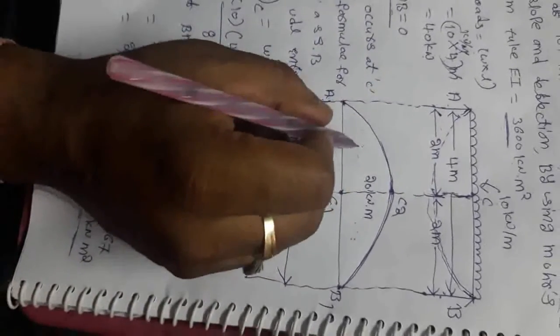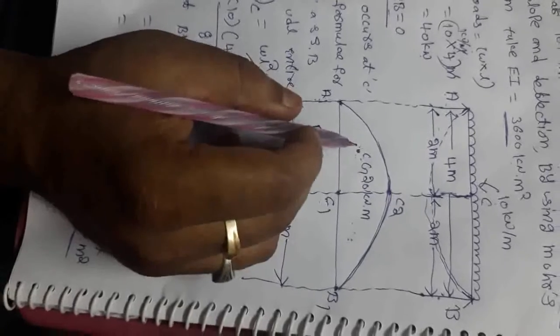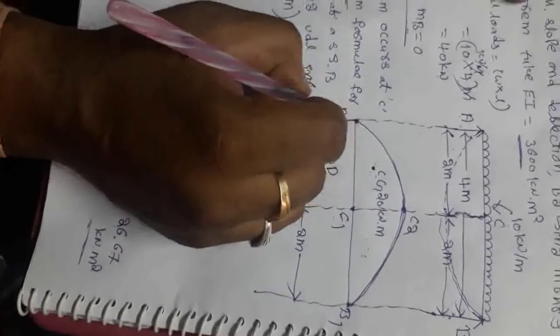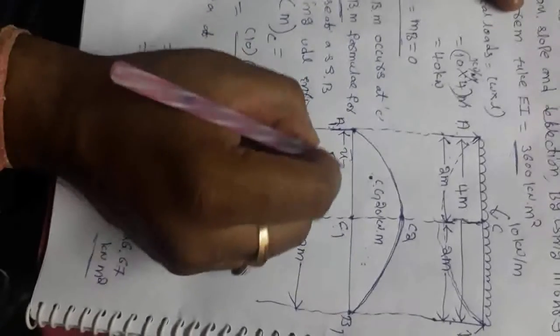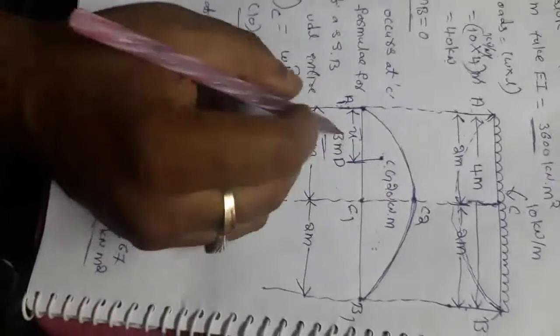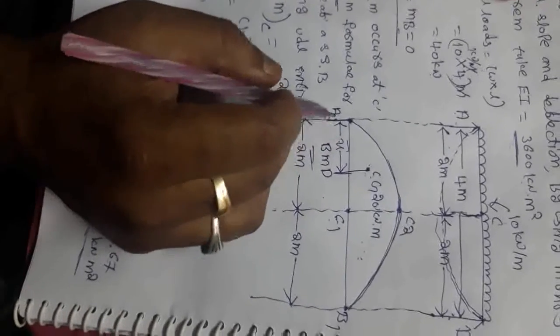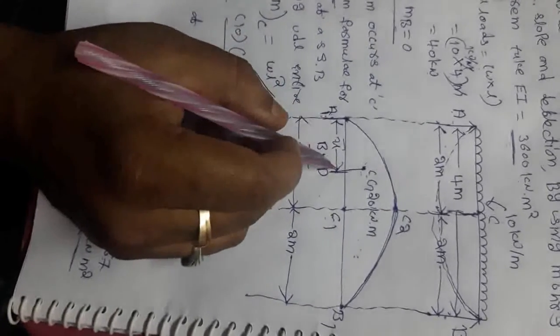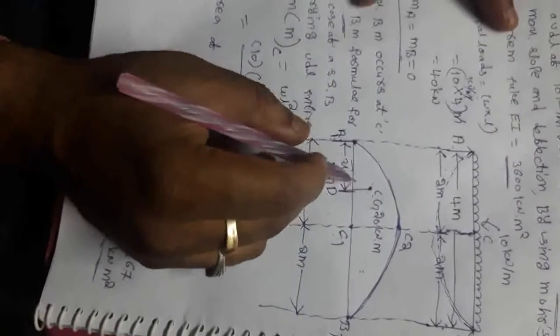I take this left side diagram. So this is the center of gravity point. The distance from the center of gravity of this BMD diagram, this is the center of gravity point, the distance is from A dash. So this is the A1. So the distance from A1 to the center of gravity is nothing but x bar.